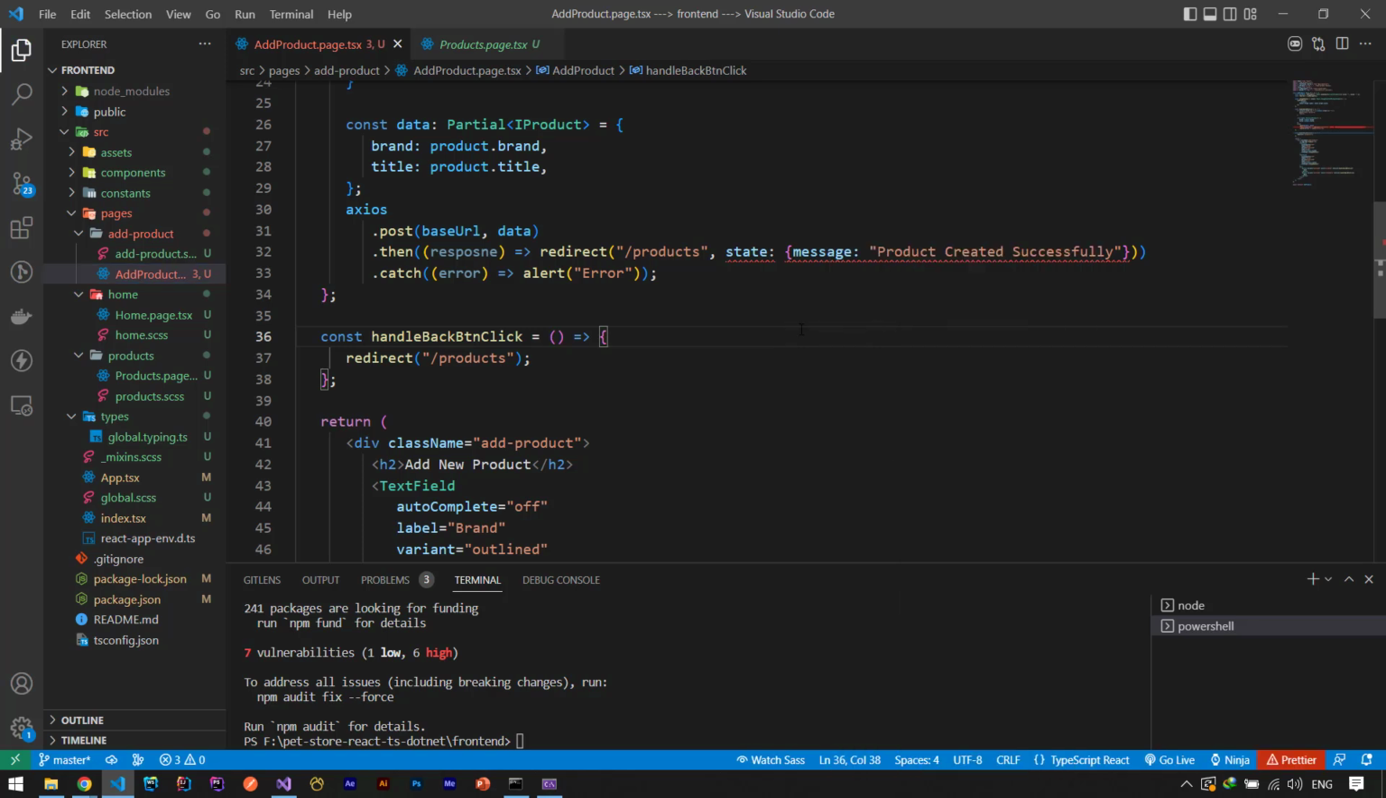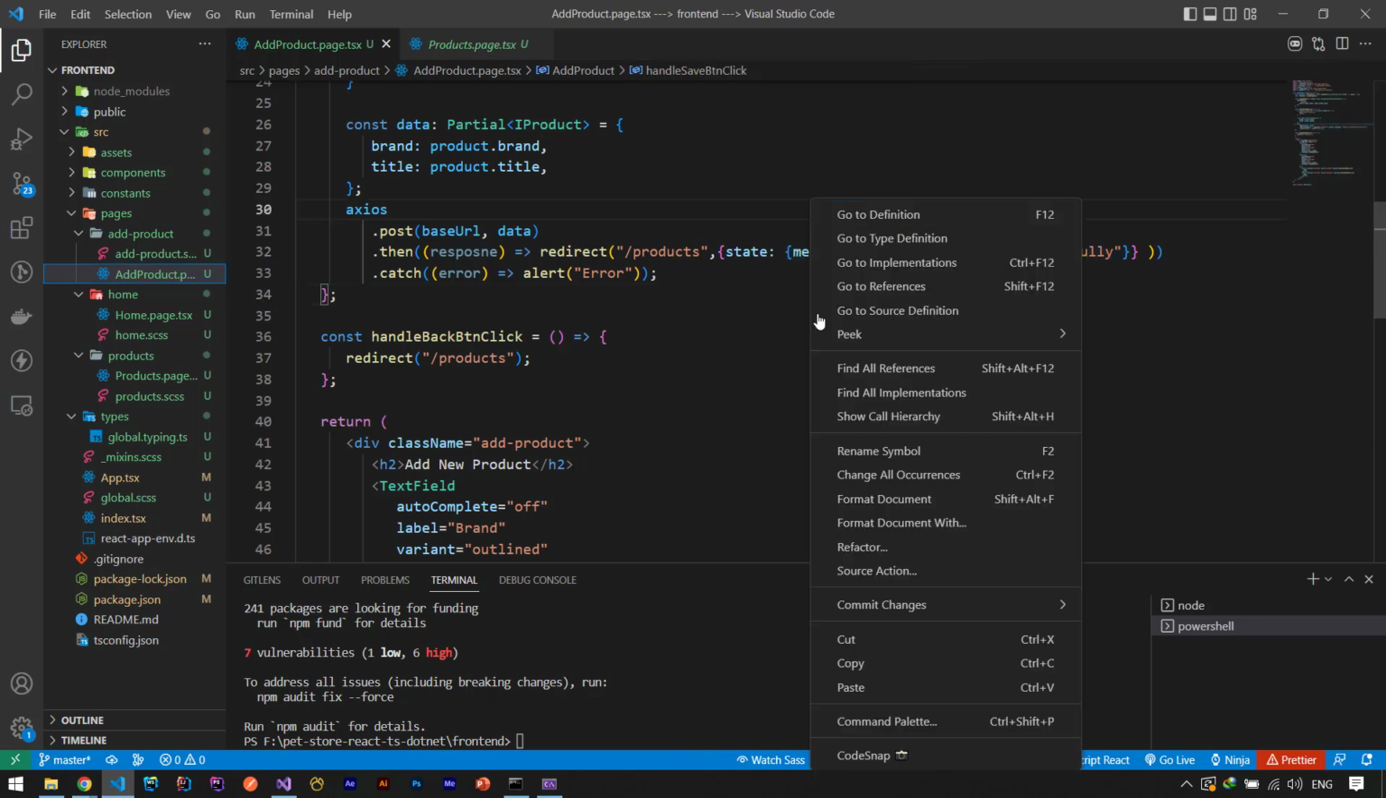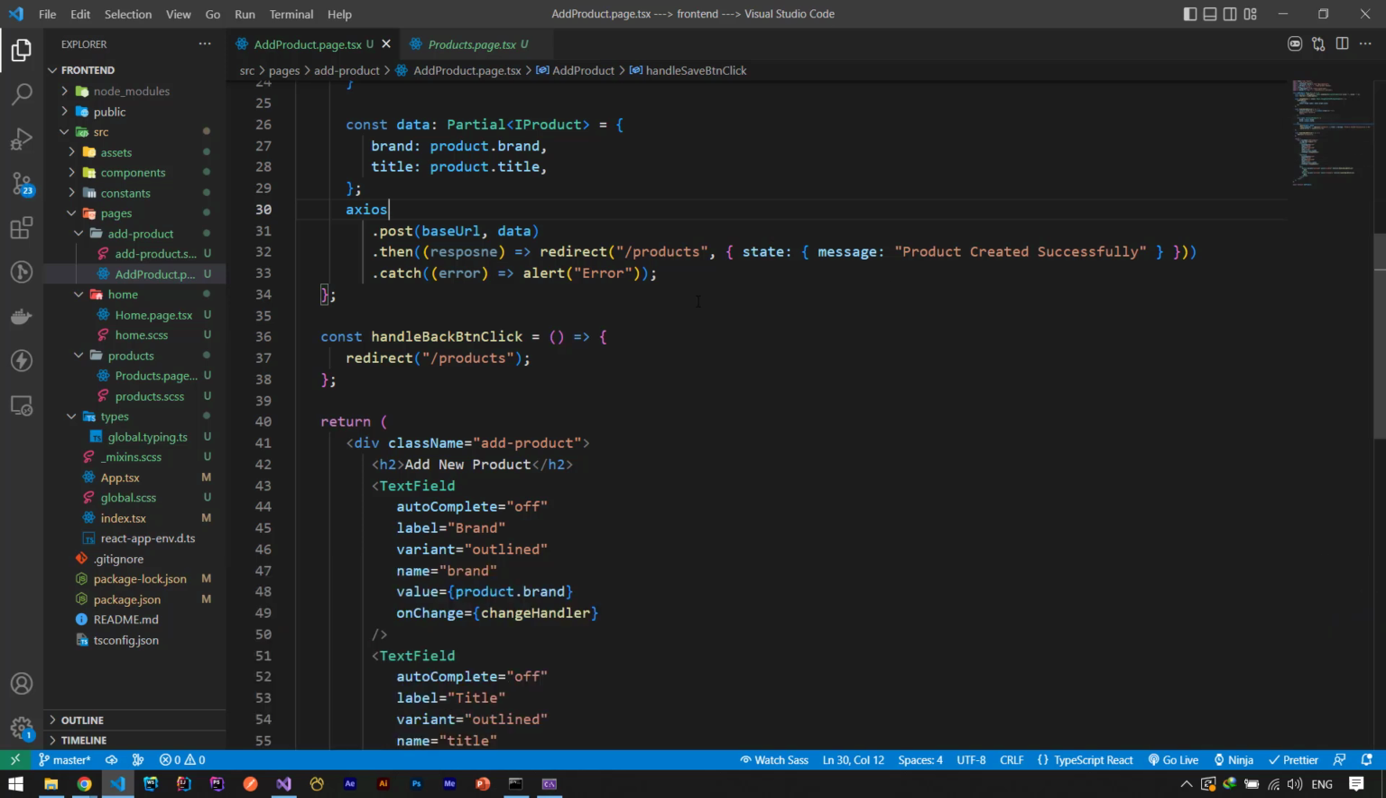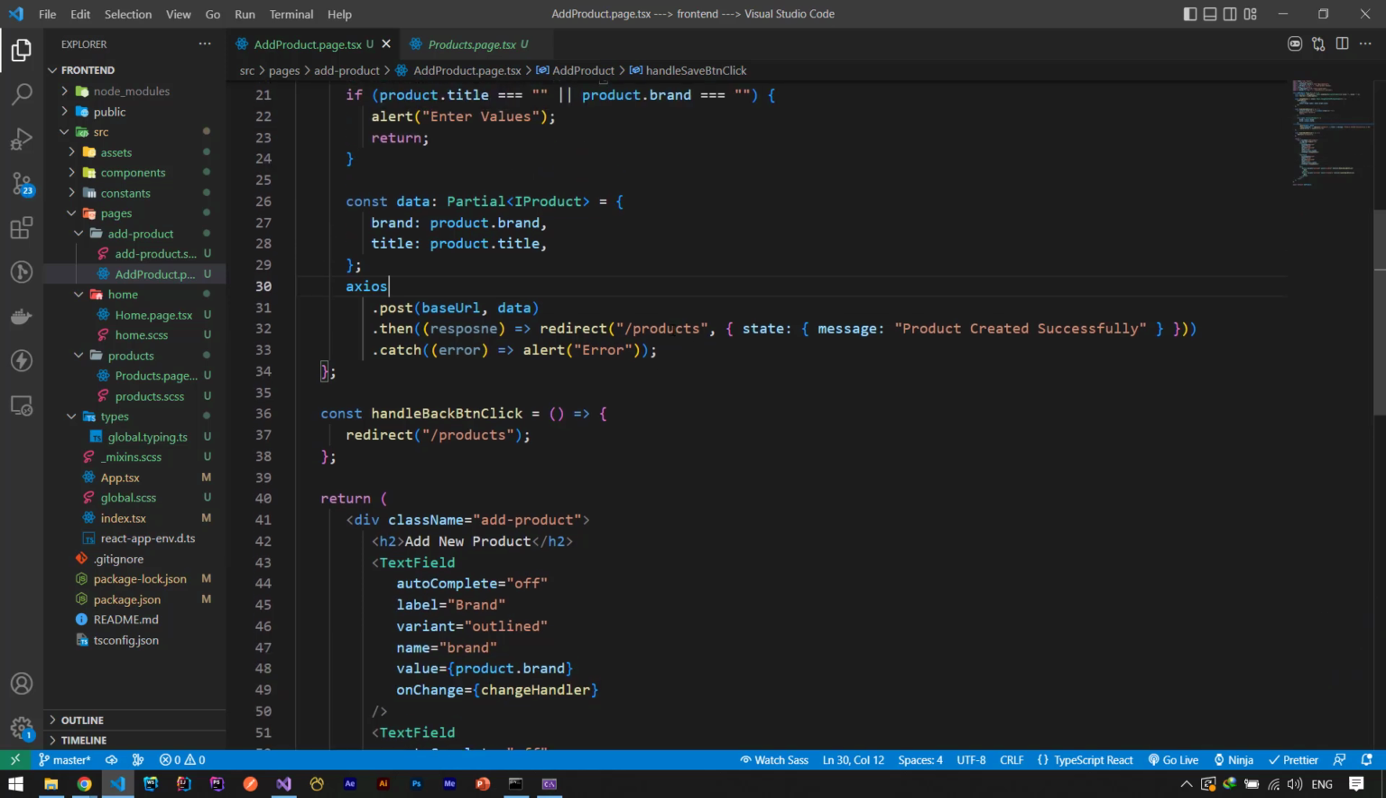Let's format our document and see why we have an error. So we have this redirect, and the problem is this must be an object. Let's cut it, and we say URL and an object. Inside of the object we have a state. This state is another object. We say that inside of it we have this message. Let's format the document. Now it seems that everything is okay, and on redirecting we are sending a message inside of